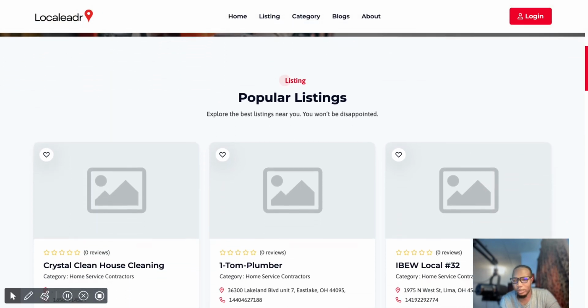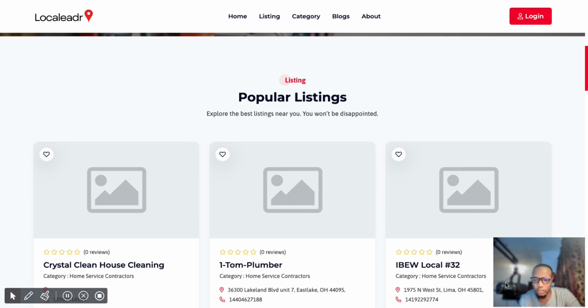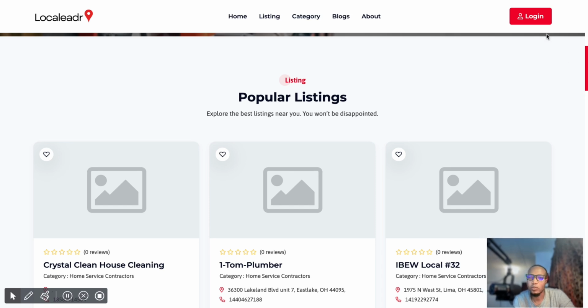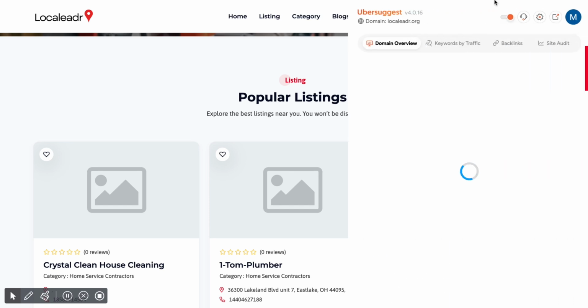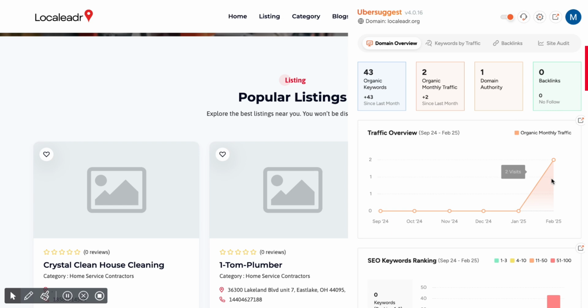And if you can remember, I always say I would want to do the first 30 days and look at what it looks like before I start doing lots of work on it, right? So for the past 30 days, this is what we got. We got our first two spikes and we got about 43 keywords in place.